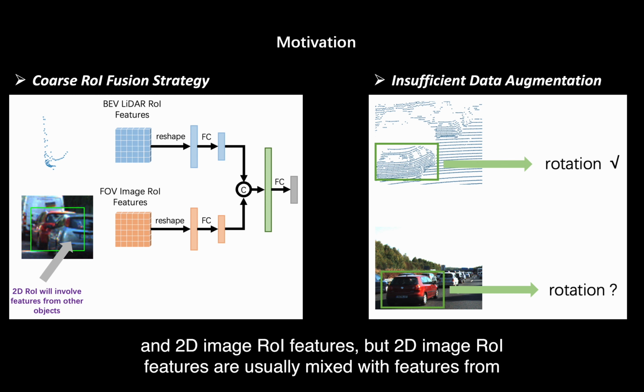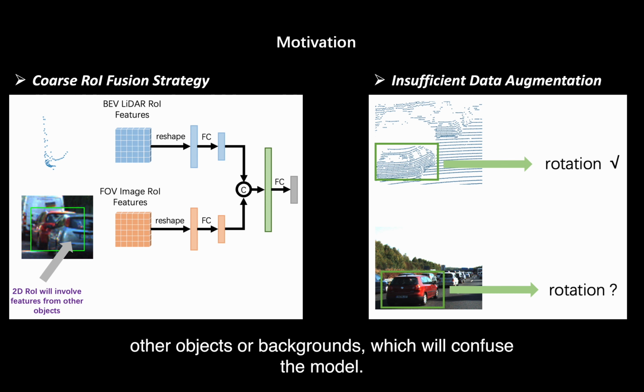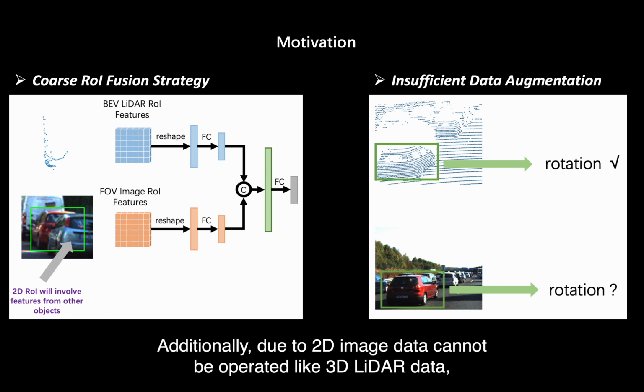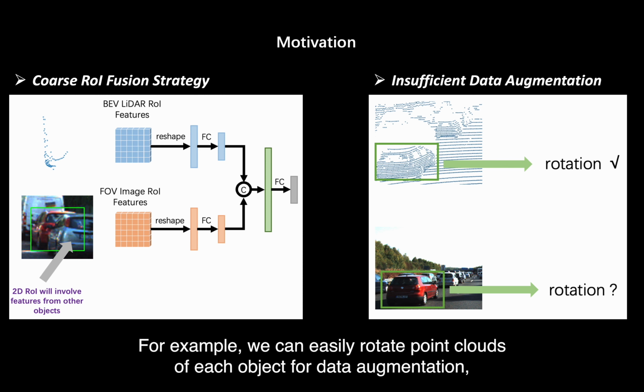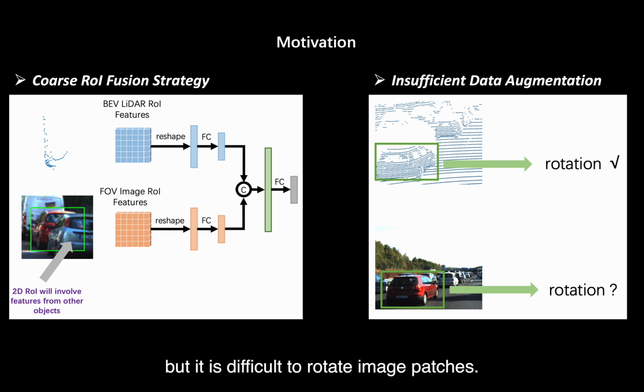But 2D image BEV features are usually mixed with features from other objects or backgrounds, which will confuse the model. Additionally, because 2D image data cannot be operated like 3D LiDAR data, many data augmentation approaches are difficult to deploy in multimodal methods. For example, we can easily rotate point clouds of each object for data augmentation, but it's difficult to rotate image